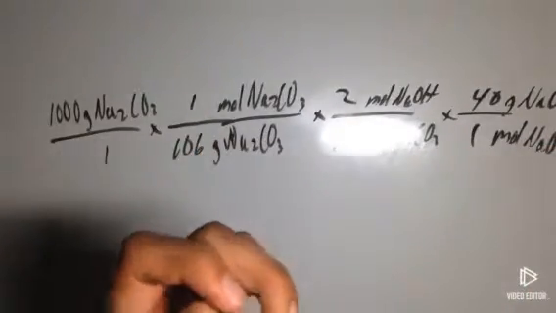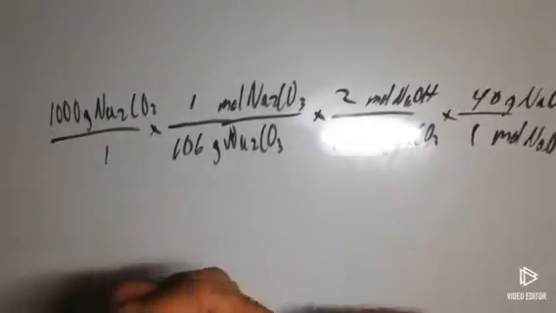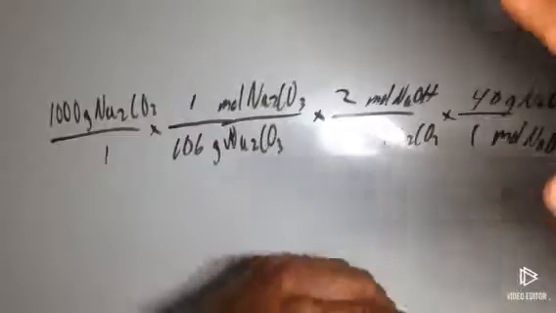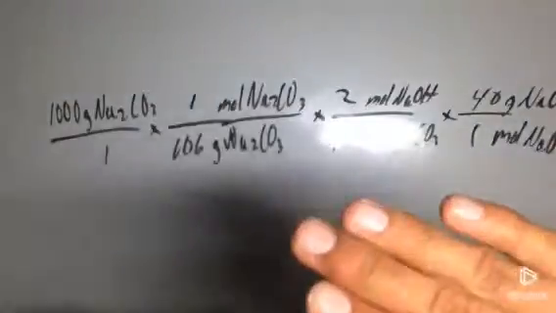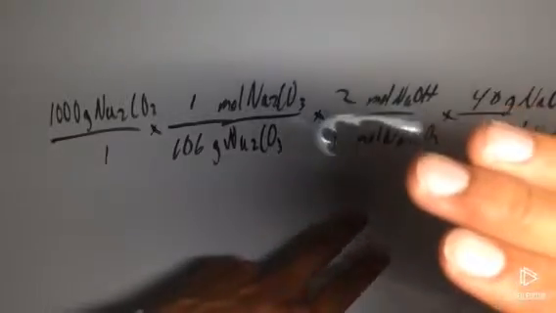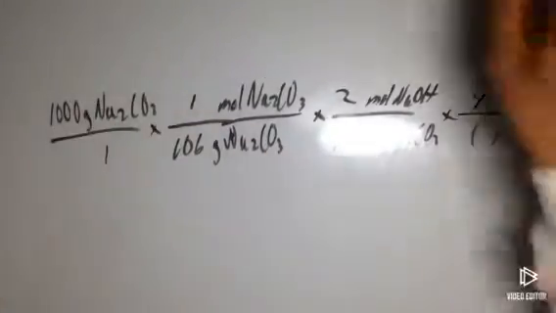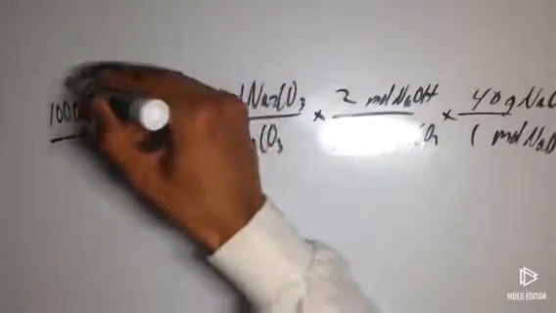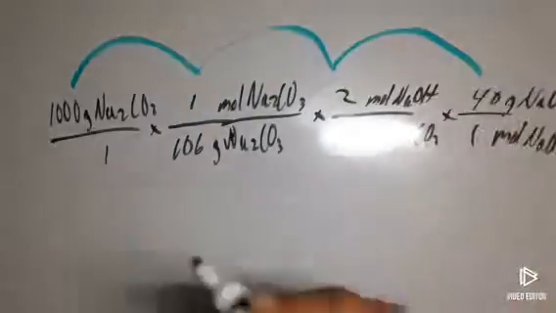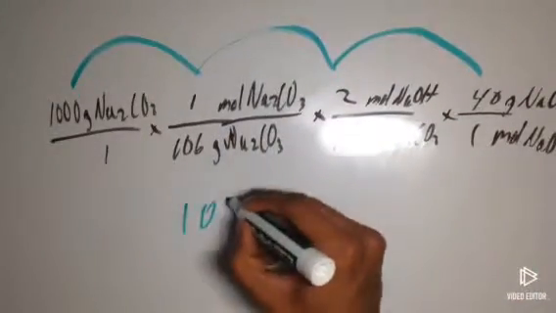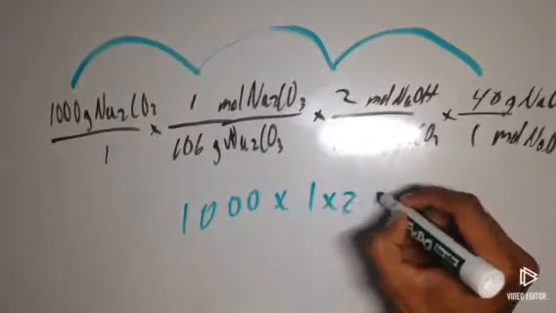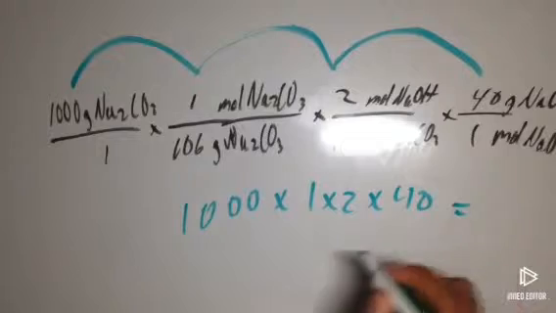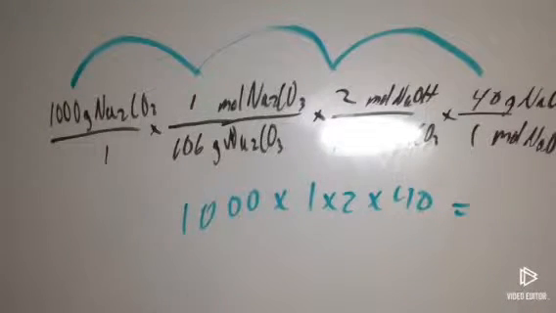So at the end, this is what it should look like. This is what the equation is. There's a bit of a glare that you can't see in the bottom here, but it's the single mole right there. So 1 mole of Na2CO3 is what there is. From there it's just simple multiplication straight across. So it'd be 1,000 times 1 times 2 times 40. You put this into a calculator and you should get